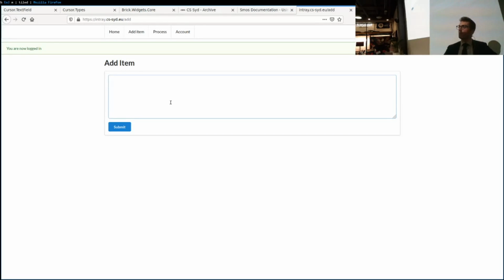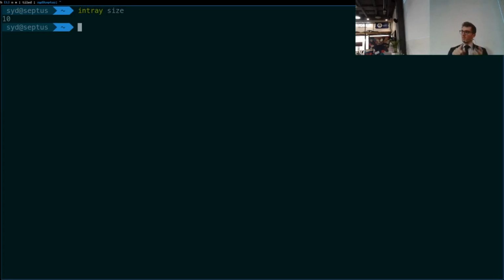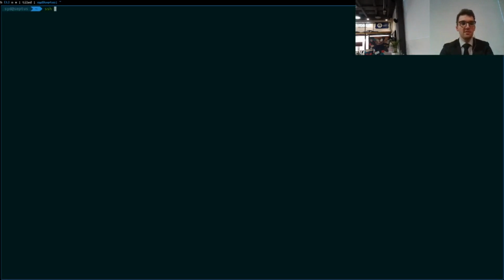So you just add your items here, this works on a phone, and then you get them in a list where you can only see one of them at a time so that you're forced to process them one by one. This also synchronizes with my local device here. I have Intray size, so there are 10 things in my Intray at the moment, and they synchronize automatically between the web server, my phone, and my computer here. You can actually get it to show up in your prompt, such that there is a nice indicator if there is one thing in your Intray, for example. I haven't done that right now because I just set up a new operating system. Oh wait, I can maybe show you that if I SSH into